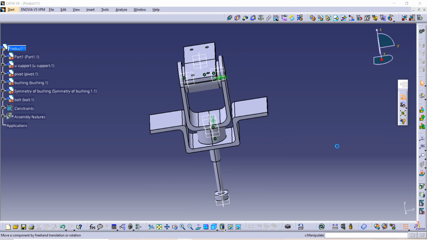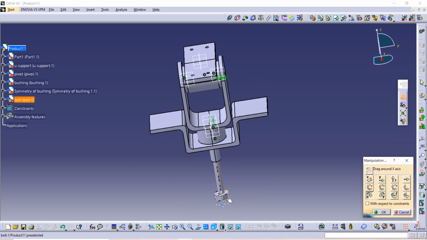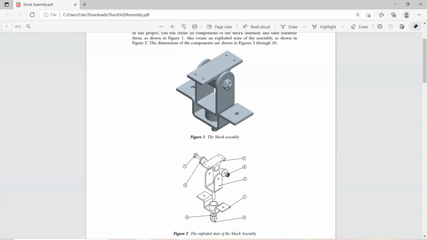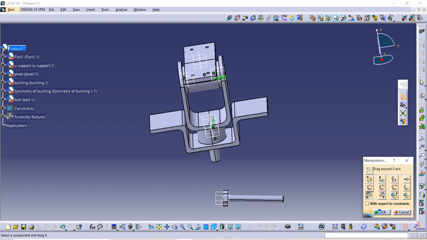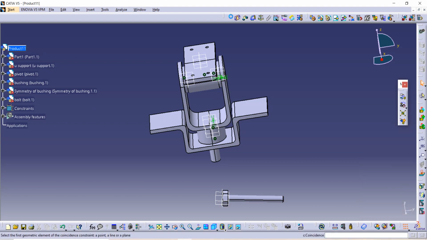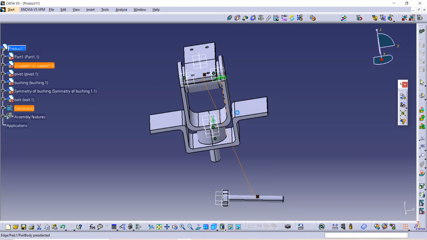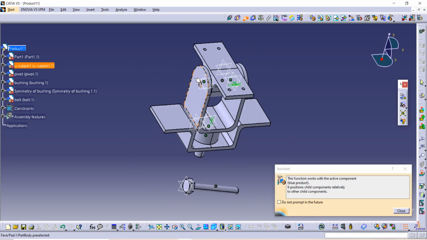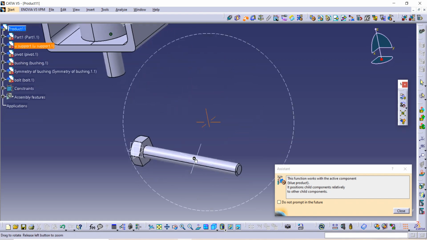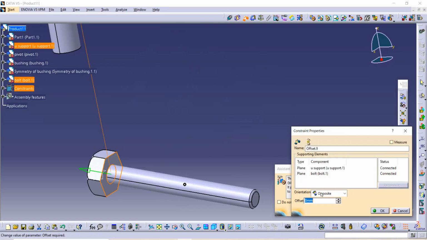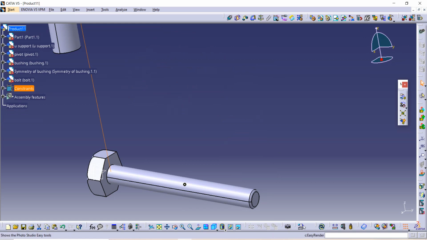First we have to use this manipulation command to rotate it, to change its direction. I am changing it to this side. Let's see it once. Direction is to this side. So okay, and then use this command, select axis, and then this axis. Again select this, use this surface with this surface and give dimension as 0 and enter it. After that just update it once.